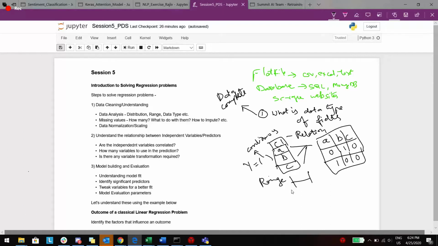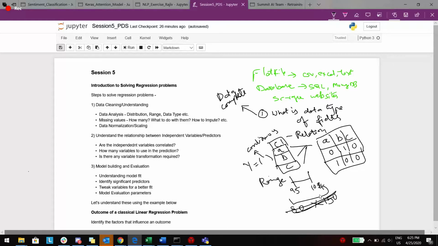If it is something between 95 degrees Fahrenheit to say 103 or 104 degrees Fahrenheit, then that is an acceptable range, but it shouldn't be something like starting from 80 till 150. So that is not an acceptable range, right?